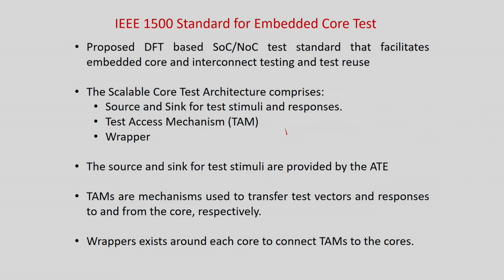Like the way there is a protocol for designing scan chains, similarly when I am working at the boundary level or the core level, it is called the IEEE 1500 standard. It is scalable, and it contains a source and sink for test stimuli and responses, called the source generator and analyzer. There is something called the test access mechanism, because there are multiple cores inside and you have to target one core at a time when you are doing the internal test, and when you are doing the interface test, two cores may have to be taken into account. So somehow you have to access the internals of the chip where a lot of cores are there.